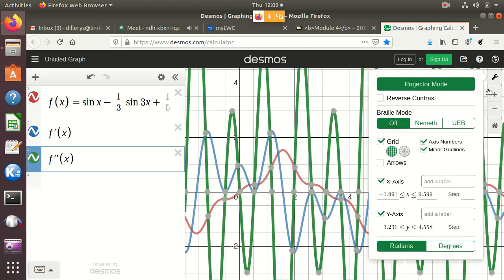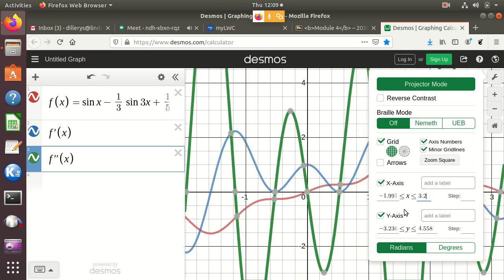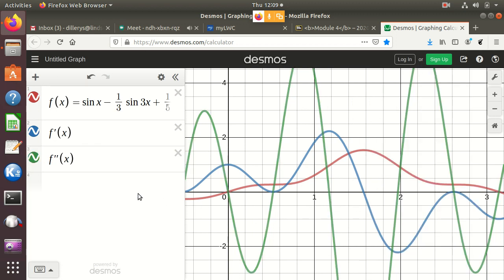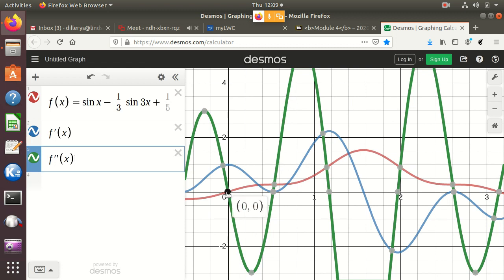I could go here and keep my y values, but have my x value go to 3.2 or something like that, and start this one at maybe minus 0.5. And so then I can see things a little better, and so there's 0, 0. There's pi over 6 and 0, 1.173 and 0,